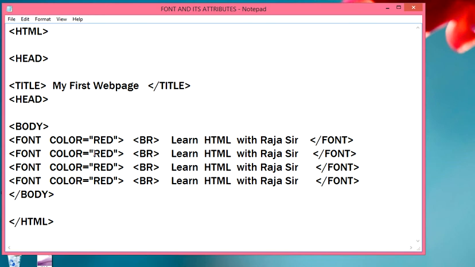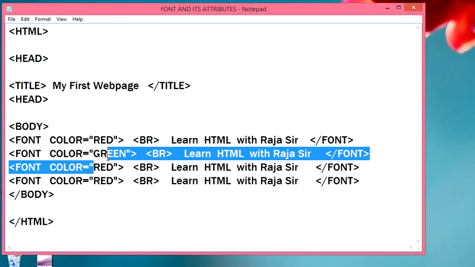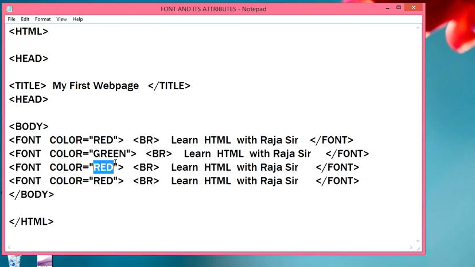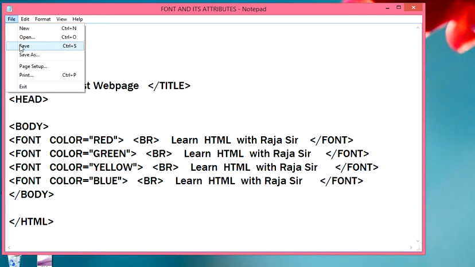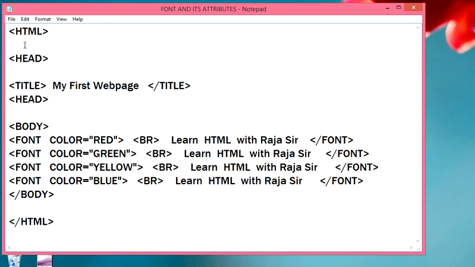So students, here red, I am going to write green, and again I am going to write yellow, and in the last I am going to write blue. Okay, once again you have to click on the file tab and save the changes, just click on the save button, save, close it.